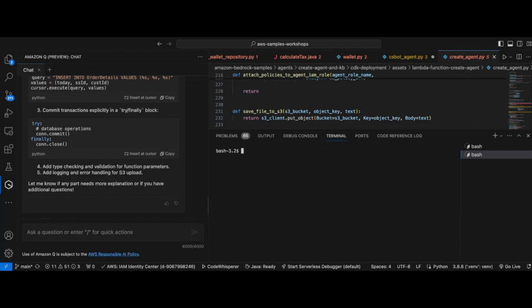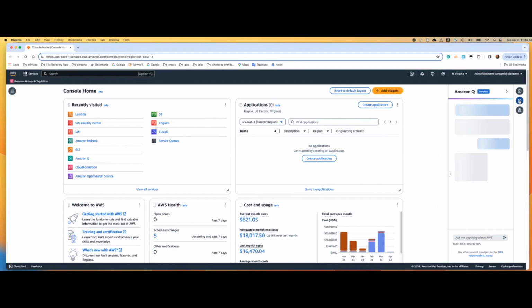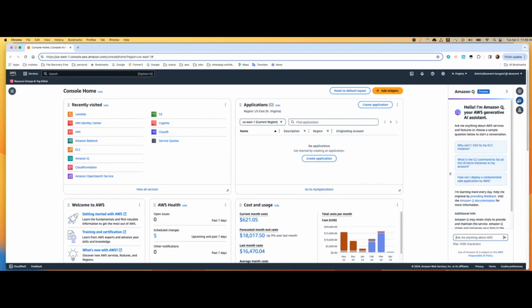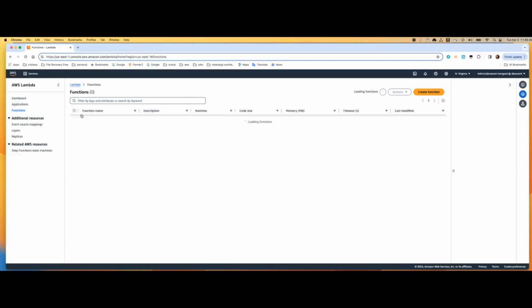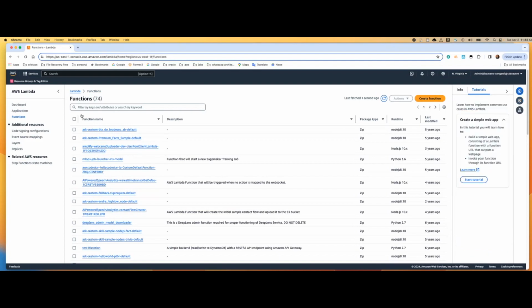One additional thing that I wanted to show you is the capability to troubleshoot using Amazon Q. So what I'm gonna do now is open the AWS console. So as I said, Q is everywhere. You can ask as many questions as you want. But now I'm gonna do something further. I'm gonna go ahead and create a very simple lambda function,